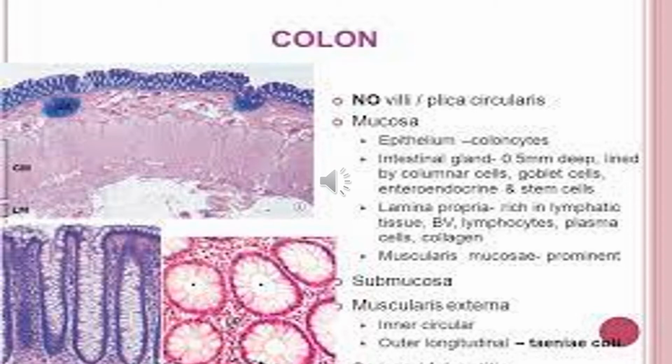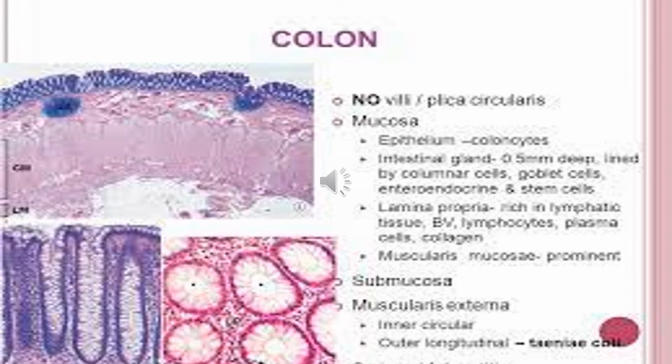In this diagram you can see that on larger magnification, on the left side, the mucosa contains a large number of crypts, which are the crypts of Lieberkühn, forming an indentation in the lamina propria. And can you appreciate the emptiness? This emptiness in the epithelium is because of the presence of the goblet cells. The number of goblet cells is increasing, and as I have told you, they are in the ratio of 3:1, 3 columnar cells and 1 goblet cell.